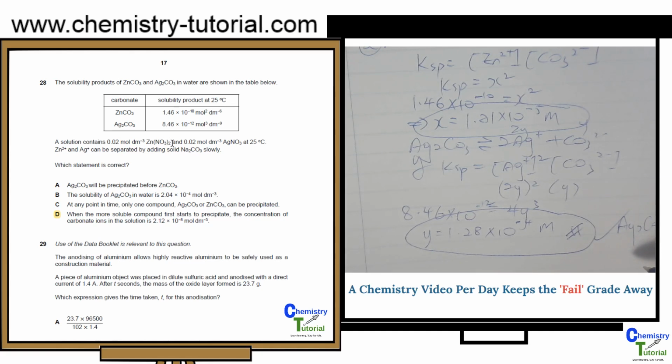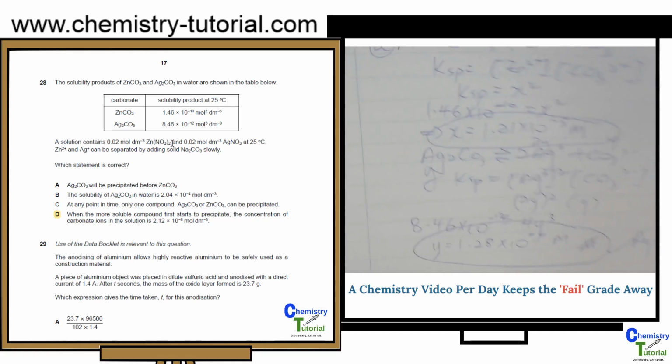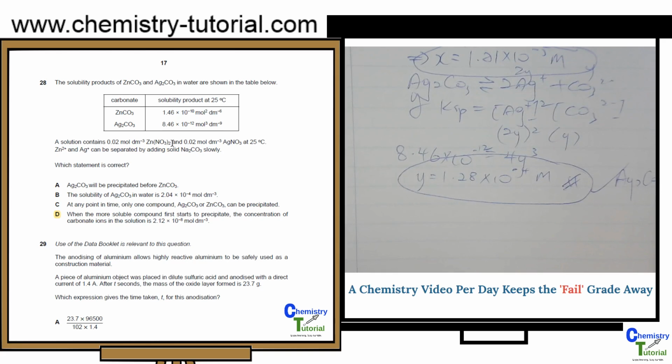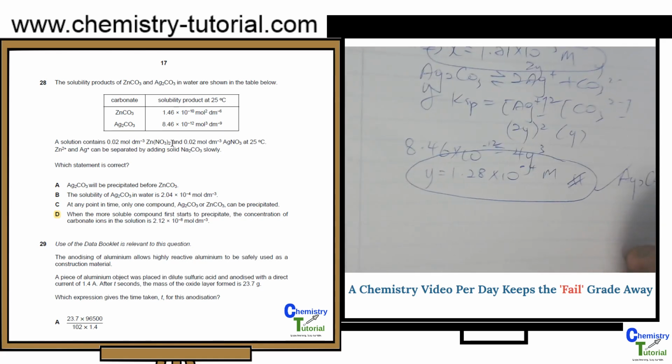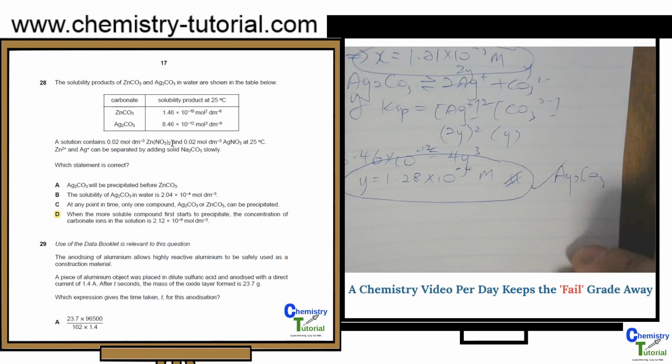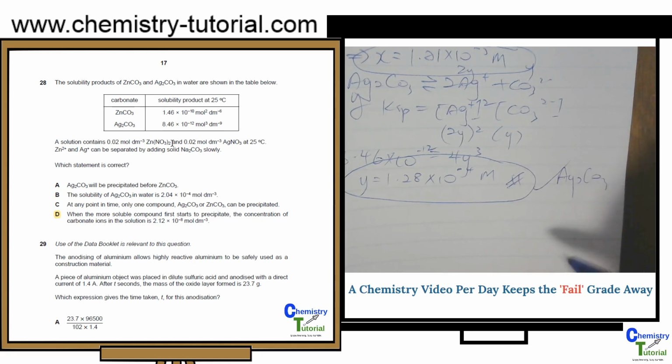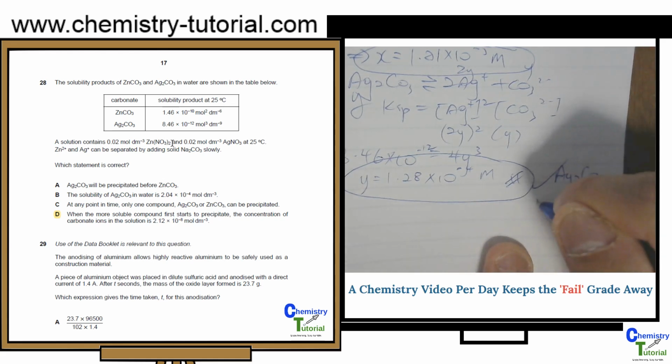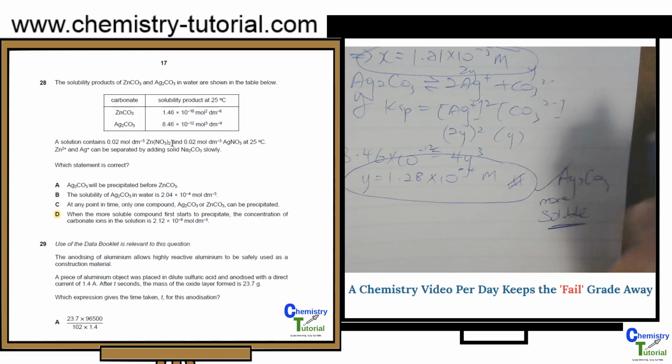Now, if it has a greater solubility, it means that it doesn't form precipitate that easily. How do you understand that? Well, just think about it. Moles per dm cube means that per dm cube of water, you can actually add more moles of that substance. That means it can dissolve better. So silver carbonate is more soluble than your zinc carbonate. If it's more soluble, that means it will not be able to precipitate out before zinc carbonate,